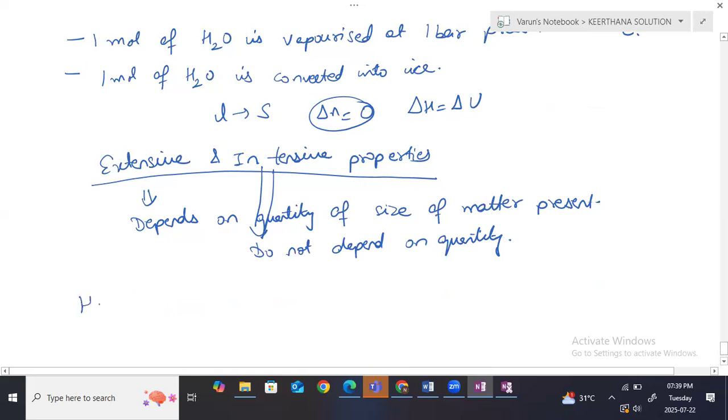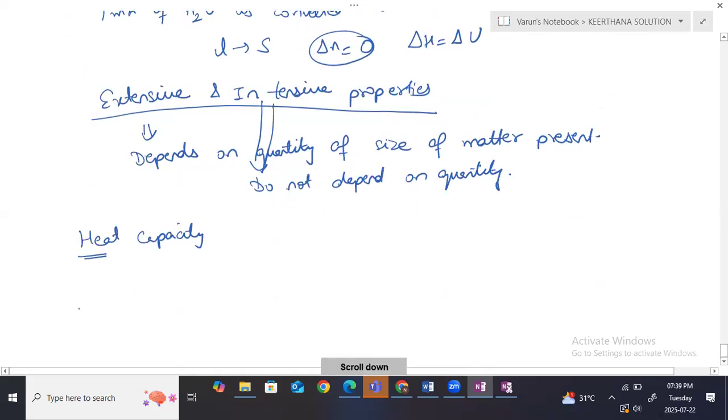Next, we have a concept that is called heat capacity. Heat capacity was basically if you want to increase the temperature of any substance by 1 degree Celsius, then you will provide heat to that substance. Yes, ma'am. So basically, heat capacity is the amount of heat that you will provide to any substance to raise its temperature by 1 degree Celsius or 1 degree. So we can say that amount of heat required